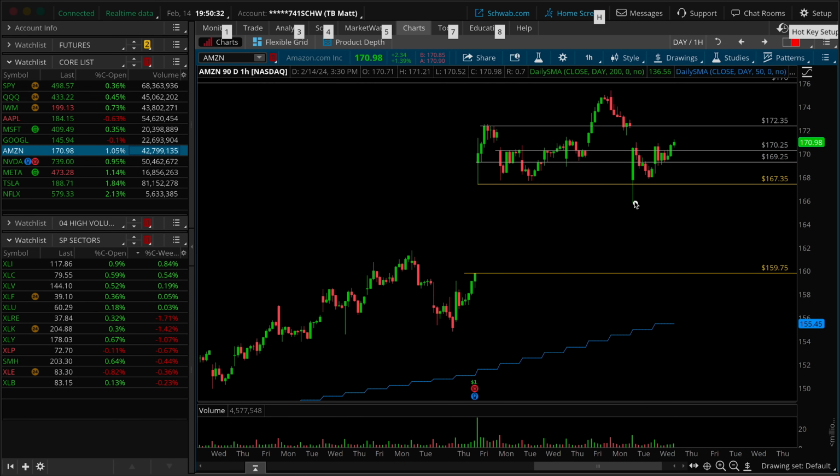Next up is Amazon, getting a little bit more lift into the close on a break of what was likely going to turn into 2-day highs, starting to break into the afternoon session, their last hourly bar, which is technically 30 minutes. If we get a little bit of lift here, just looking for the top of the range. So I would be watching Amazon quite closely tomorrow, since it's already suggesting a break